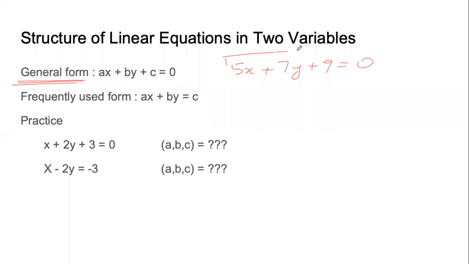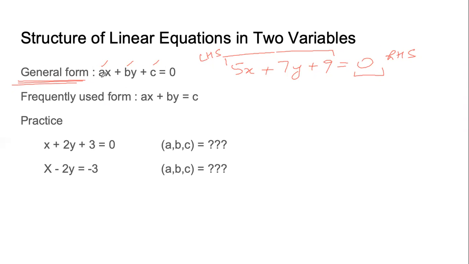So there is a part which is left hand side of the equal to sign. There is a part which is on the right hand side of the equal to sign. Which is on the left hand side is called the LHS. Which is on the right hand side is called the RHS. Right? Now, these a and b and c, they are constants. They are numbers. They can be fractions. They can be decimal numbers, but they are numbers.